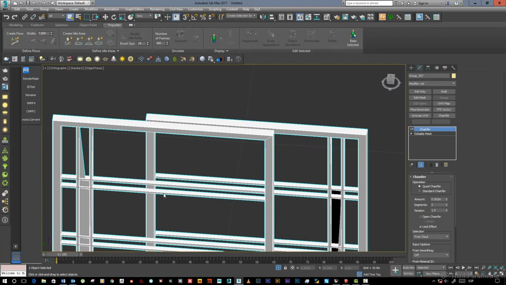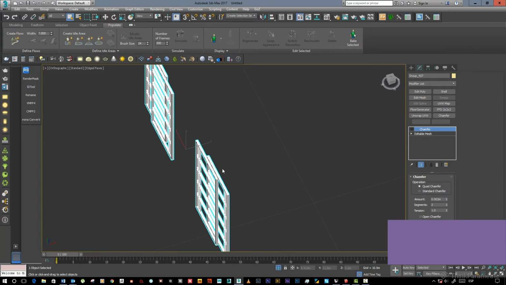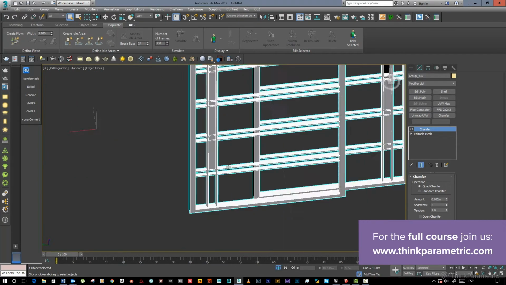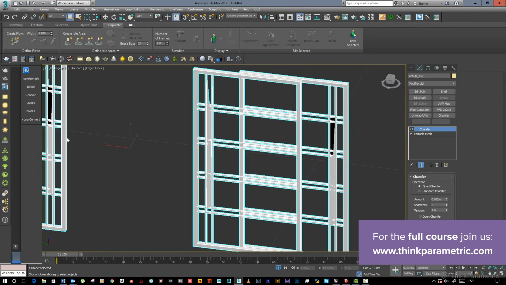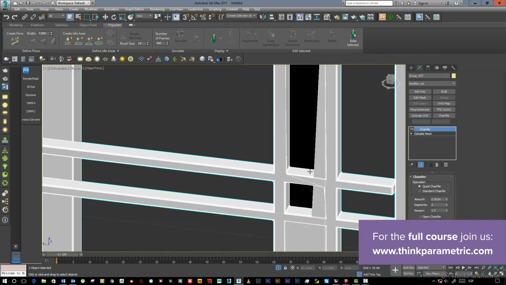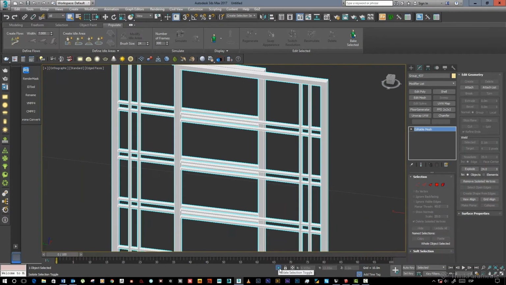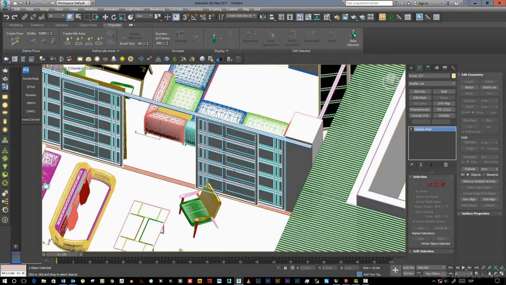Yeah, it's okay. Yeah, maybe we will be remodeling this object because of those issues, mainly because we want that chamfer in there. So we will be remodeling this object. And for now, we will keep it like that for reference.